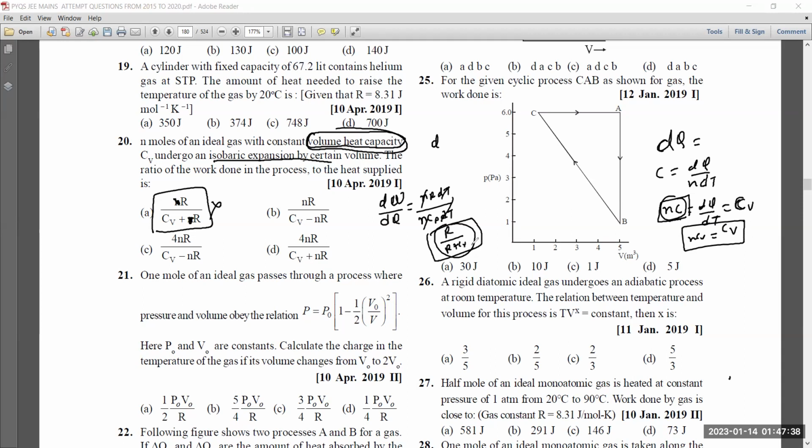So in the formula, what we have to do? Replace Cv by what? By N. Cv by N, this, yeah, by N. This is what is given. So the answer becomes NR by